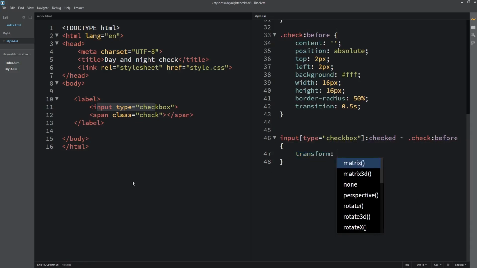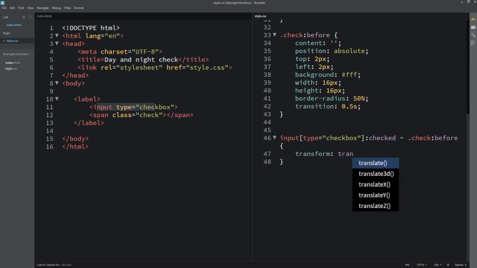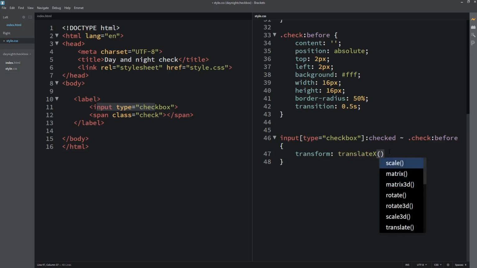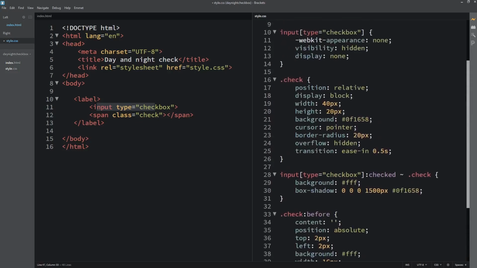Transform, translate X. We'll say mostly 50 pixel, so it pushes out of the box now. 50 pixel, let's see.